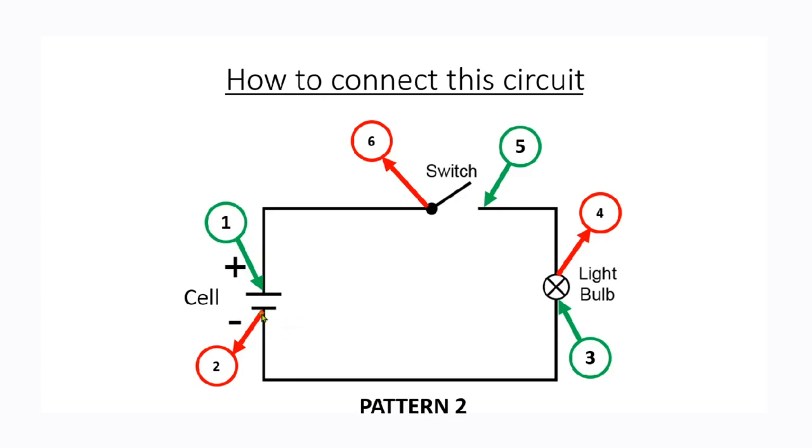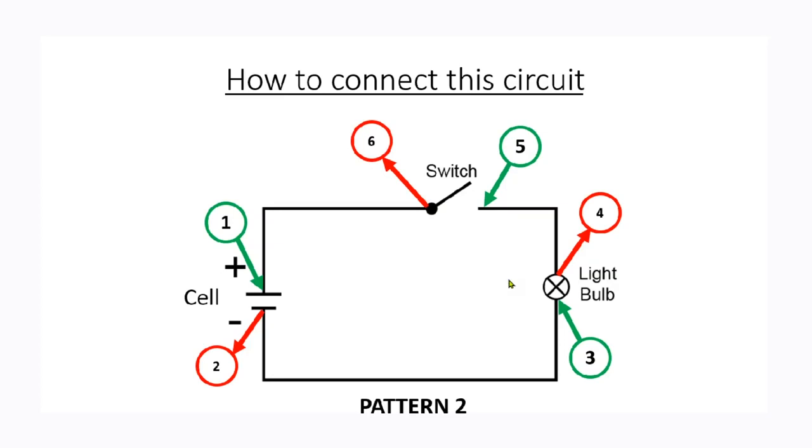All we need to do is take a piece of conductor from the cell, and we will connect it up from number 2 to number 3. We will take a second conductor and we will connect it from number 4 to number 5. And we will take a third conductor and connect it up from number 6 to number 1. And if you can do that, exactly what I've shown you, then you have learned how to connect up a